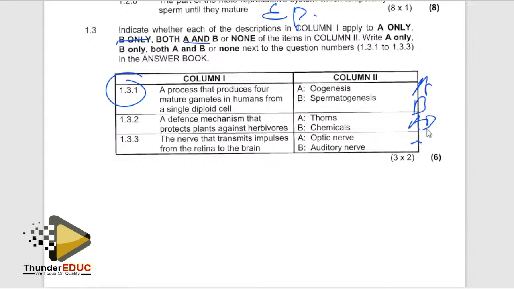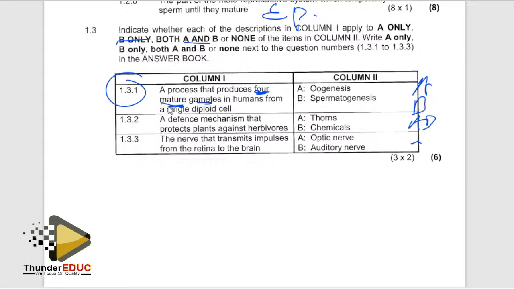Okay, if you just wrote A, B, sorry, I don't know. So it now depends on the discussion of the memo if they allow you to give it or not. Yes, but I told you yesterday that it's supposed to be A only. All right, let's continue without wasting time. The process that produces 4 mature. So don't repeat that in paper 2 because you never know. Yes. All right. The process that produces 4